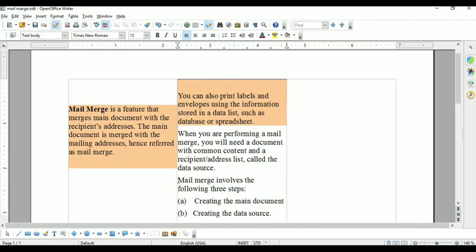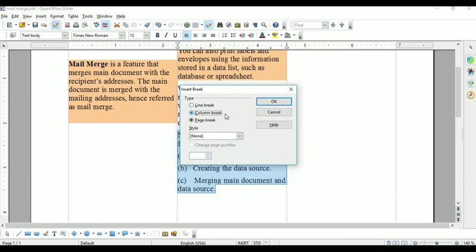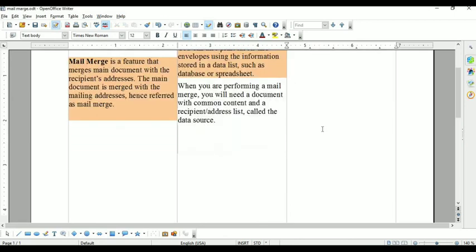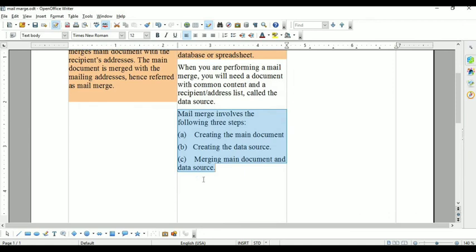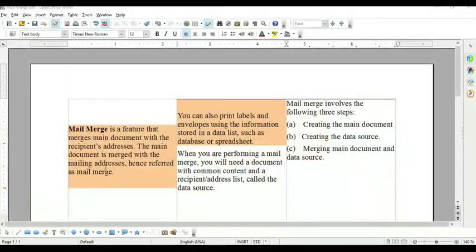Similarly, if you want to move your content from here, these many contents in the third column, what will you do? Again, you have to follow the same steps. Go to Insert and Manual Break, then Column Break, and then click OK. Clear? But it is removed. Once again, you have to see here, without selecting, go to Insert and then Manual Break, Column Break. This is the way you can convert your main document into columns, either one column, two columns, or three columns, without the use of tables. Means without the table concept, you can create your document in a table manner.